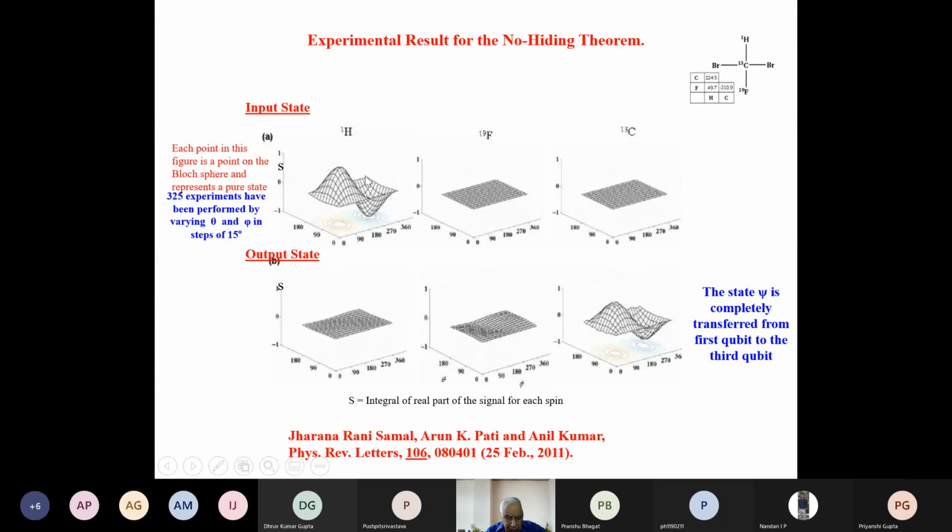First you create a pseudo-pure state, and then run the experiment and create a phi. And then in the output state, you see this is completely recoverable in the ancilla qubit. The state psi is completely transferred from the first qubit to the